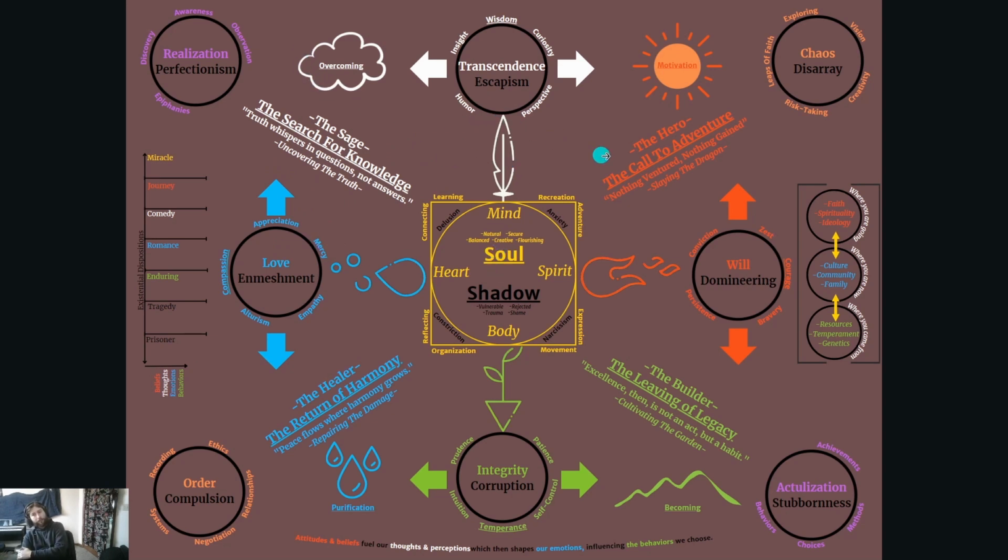The hero motivates, the sage overcomes, and then we have our third quest, which is the return of harmony. The mantra for that is peace flows where harmony grows. And the key task for this quest is repairing the damage. Again, you can think of this on a micro level: repairing relationships, repairing our mind, repairing our bodies. You can apply this for anything, but the essence of the quest, I think, is an integral one. It's one of the four integral ones, and so that leads us to our last